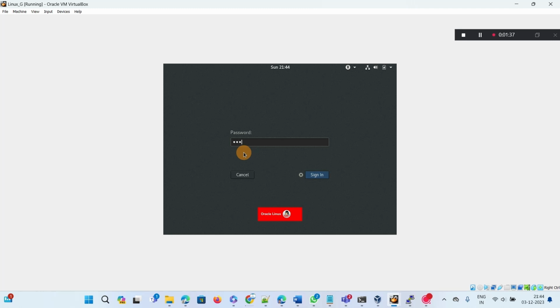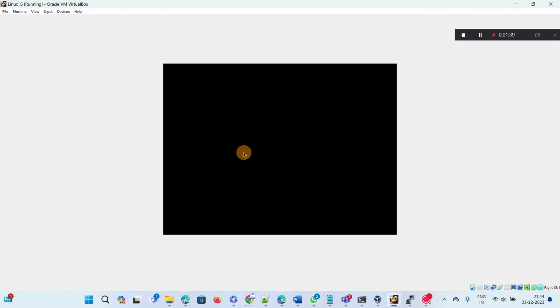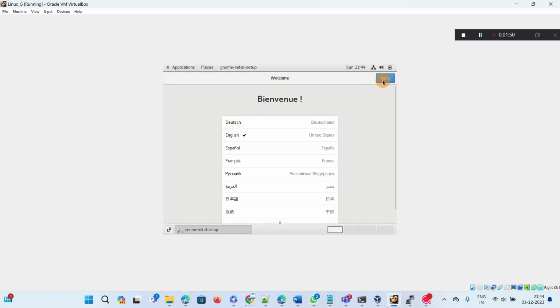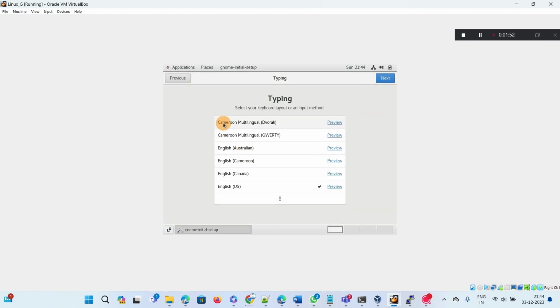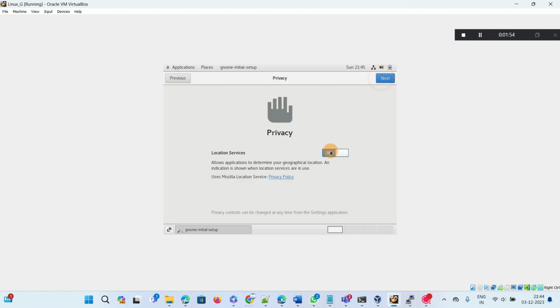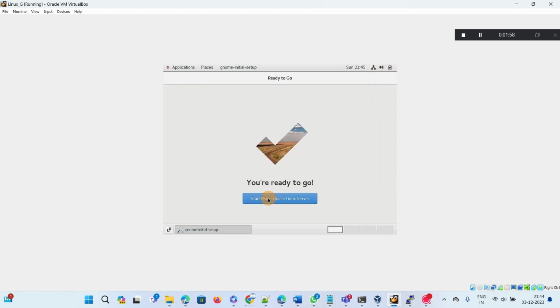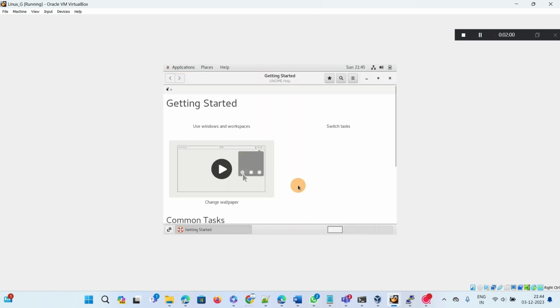Root, password. Okay, so after the installation, this will pop up. We can skip it. Start. Okay,